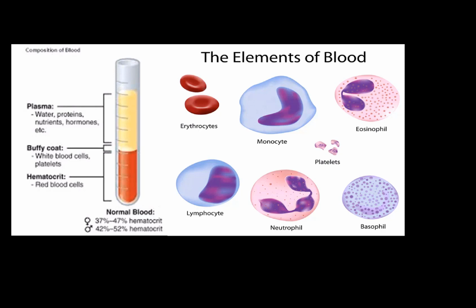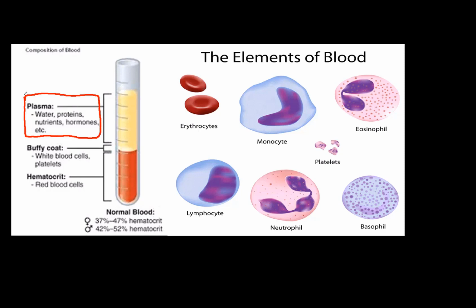Let's have a look. If you take some blood and put it in a tube and centrifuge it, spinning it at very high speed in a machine called a centrifuge, it will ultimately separate into three different layers. The uppermost layer is called plasma, which is a golden yellow fluid. Clear? It contains all the dissolved substances like proteins, hormones, mineral ions, glucose, amino acids,